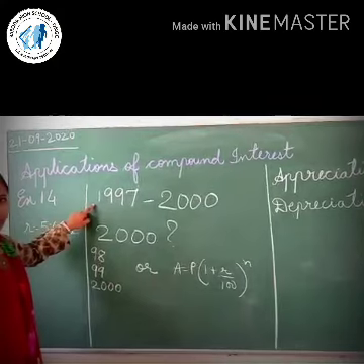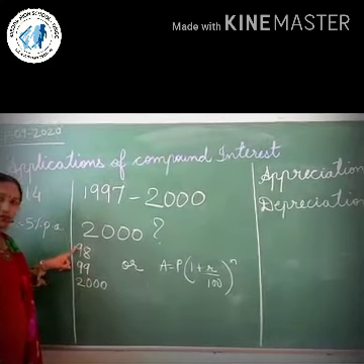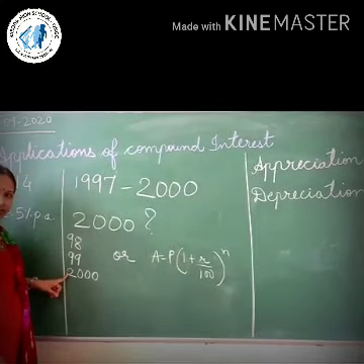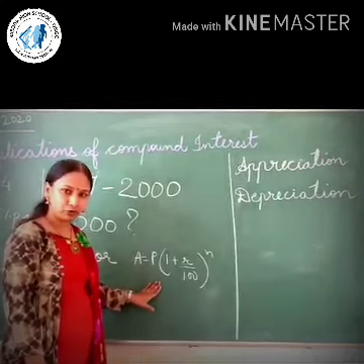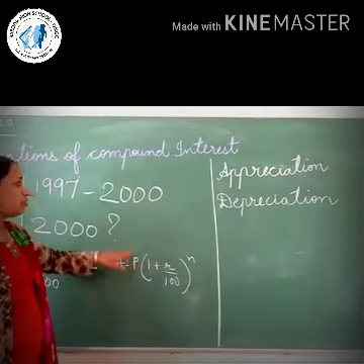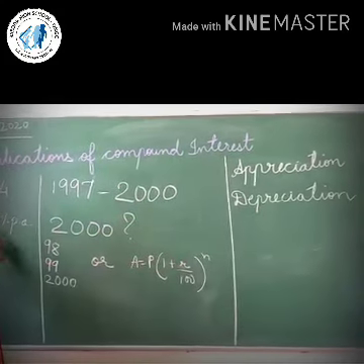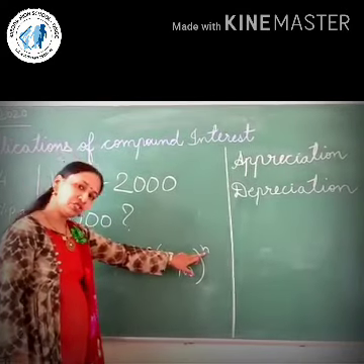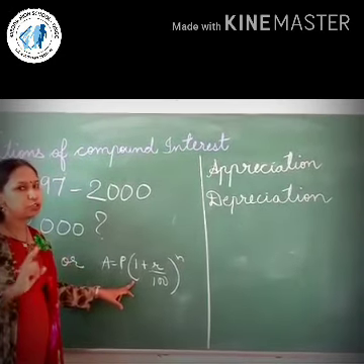Now we can find it by two methods. The first method is going by three steps. First we will find out for 98, then we will find out for the year 99, and then we will find out for the year 2000 by adding 5% of the population. Or simply we can use the compound interest formula. This is the population for the year 2000. P we will take as the population in the year 1997, R is given as 5% rate per annum, and n will be 3 years. So by one step we can directly find out the population for the year 2000.